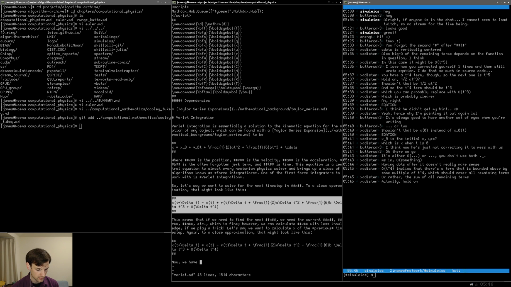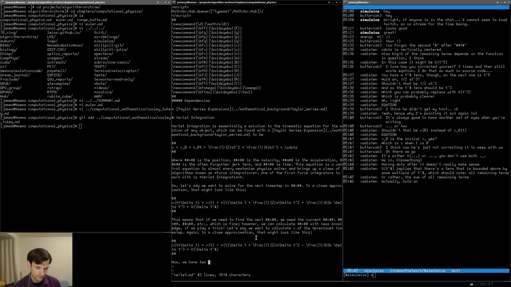Now we have two. Wait. Now we have two equations. Wait, O of t to the fourth doesn't make sense in this case because it can't be bounded above due to higher powers. Wait, what do you mean exactly? Oh, let's go up here and say t minus delta t because that's what it's supposed to be. Now we have two equations to solve for two different time steps